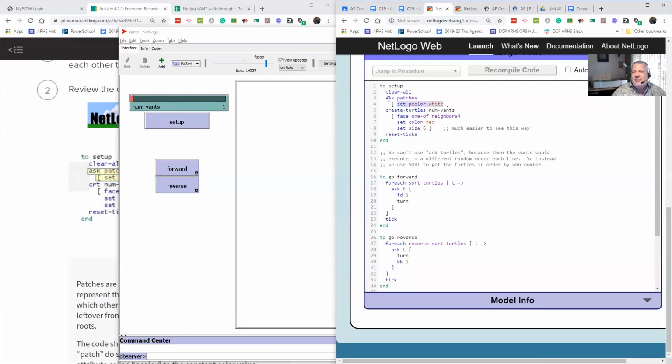It's a very polite language. Instead of saying for patch in patches, set color to be white, you ask them, and you don't have to say for patch in patches. You just say ask patches. Ask all of them. It's going to go through them one at a time and do this. And then it has